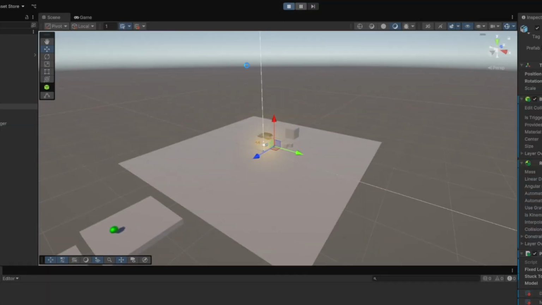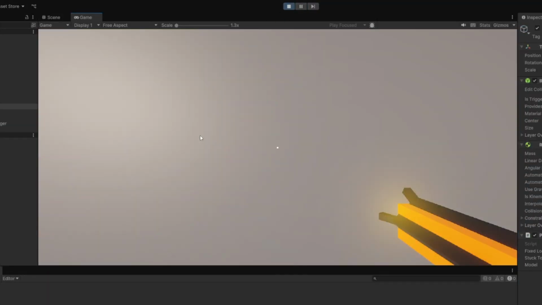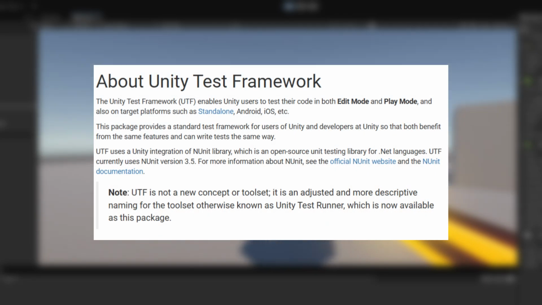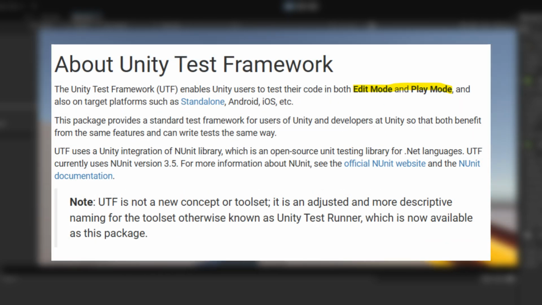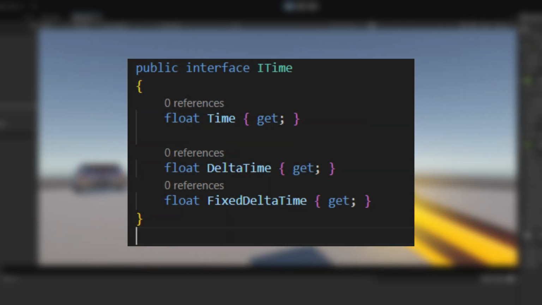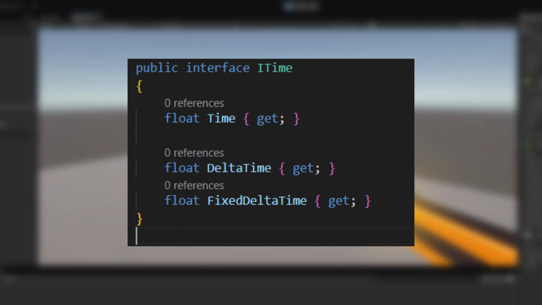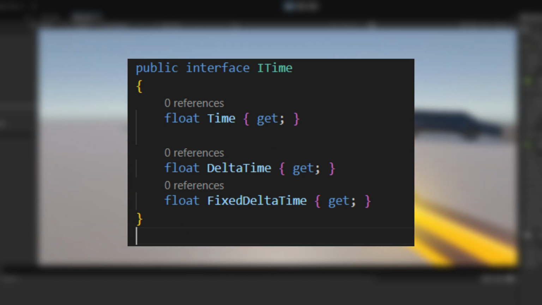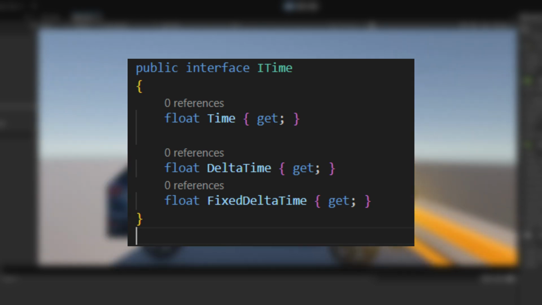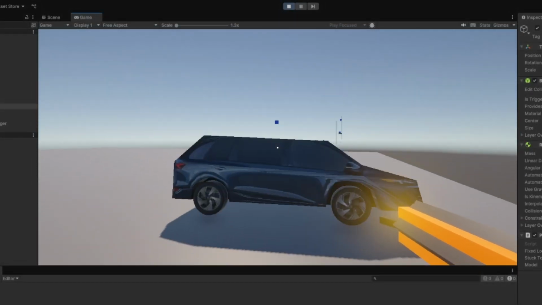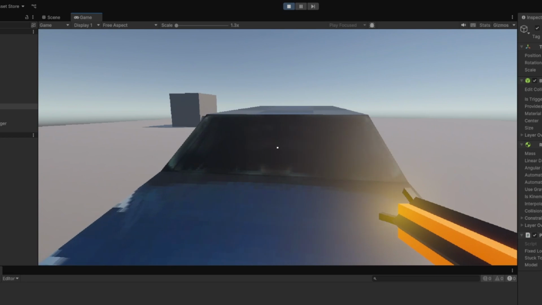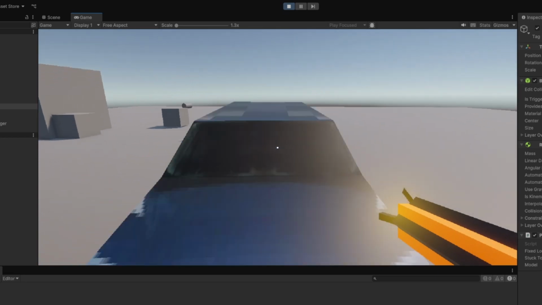After this, I was thinking of implementing unit testing next. I was looking at the Unity test framework, but the test framework runs tests in a full edit mode or play mode environment, so it would be more appropriate for integration testing than unit testing. It is possible to create a layer of abstraction between Unity components and game logic, allowing me to run unit tests by mocking the Unity interface. But this is a significant effort, so I will explore that in another video with a different example project.